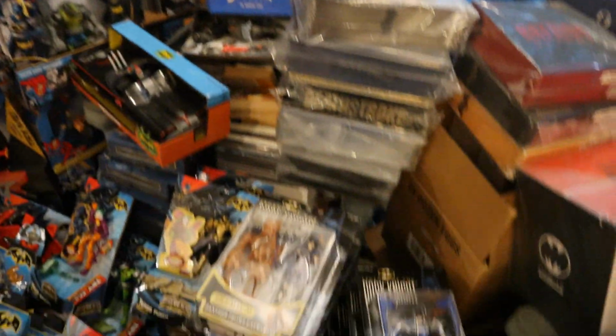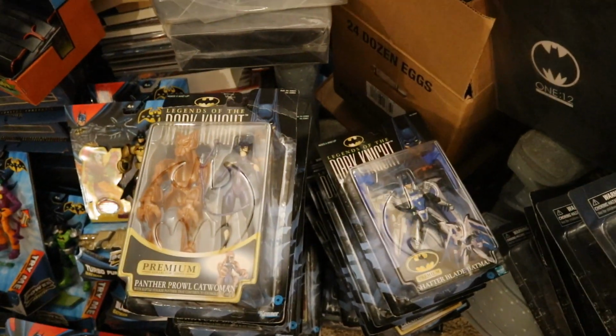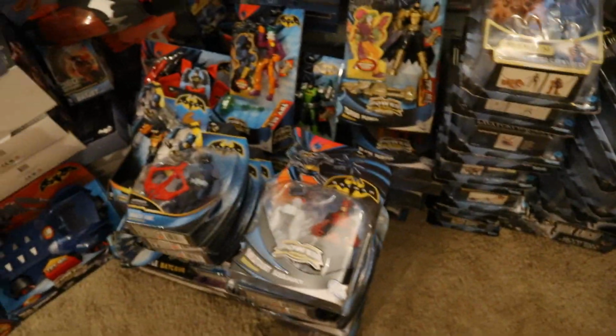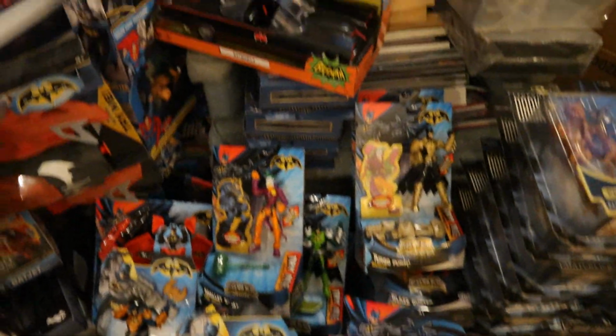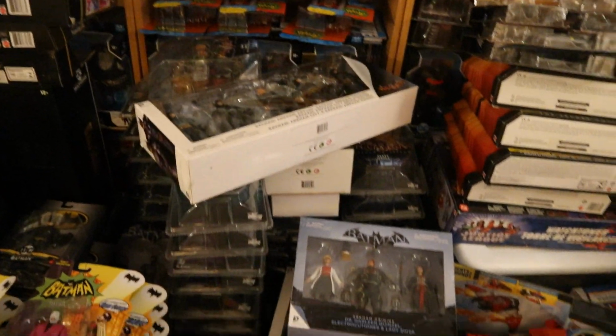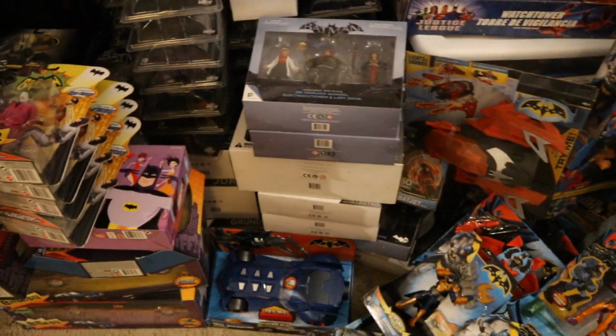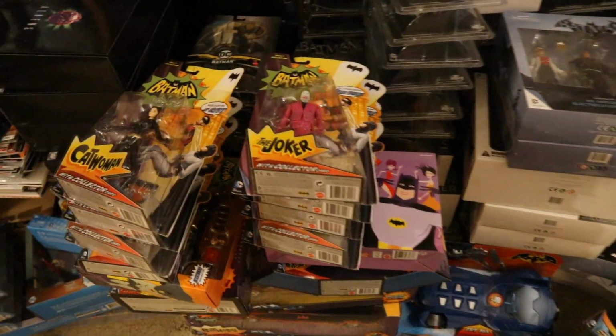Some more Mattel stuff. Here's the Legends of the Dark Knight line. This is the Batman Power Attack line. Sort of Batman Unlimited. All my Justice League Unlimited stuff. This is the entire DC Direct and DC Collectibles Arkham collection. Mattel's 1966 line,